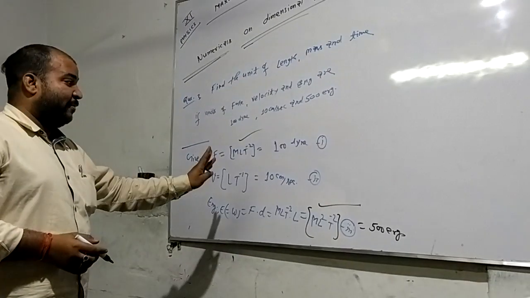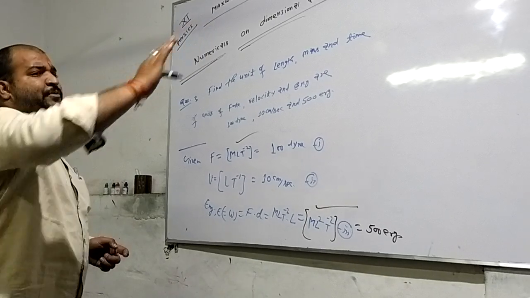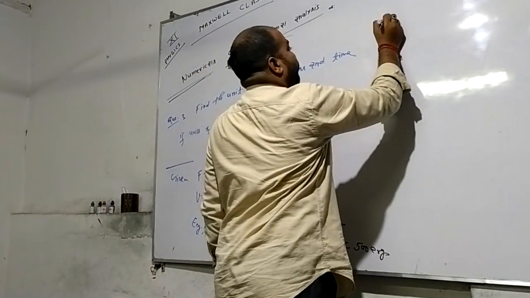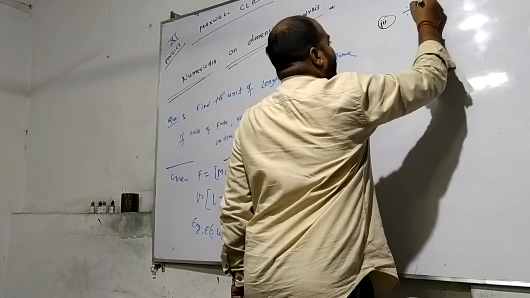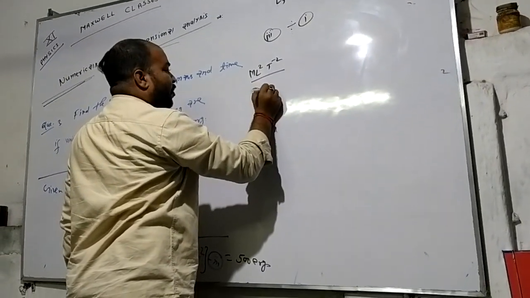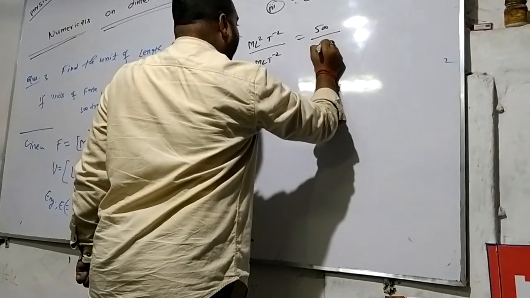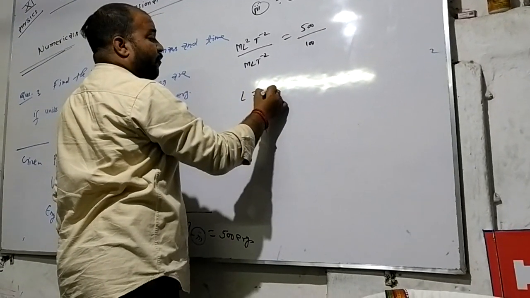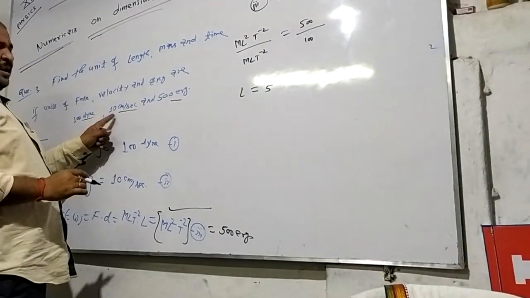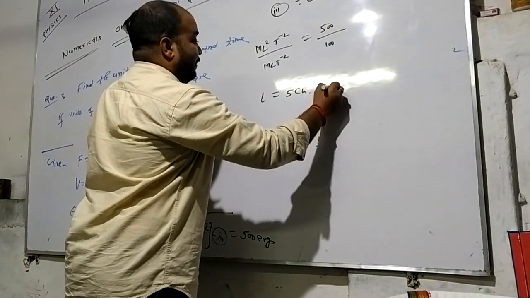So this will be an easy step to separate a single quantity out of any one of the three. Length is separated, so we deal with it. Third equation, third divided by first. We will have ML2T minus 2 upon MLT minus 2 equal to 500 upon 100. So we can say length equals 5. Clearly the units are given in the CGS system, so the value of length will be 5 centimeter.